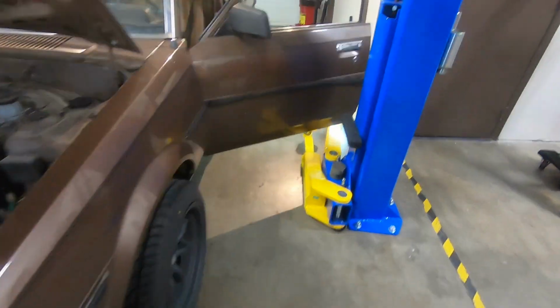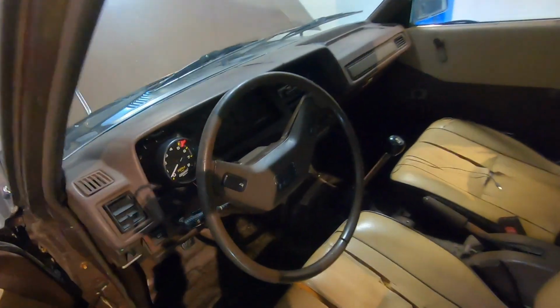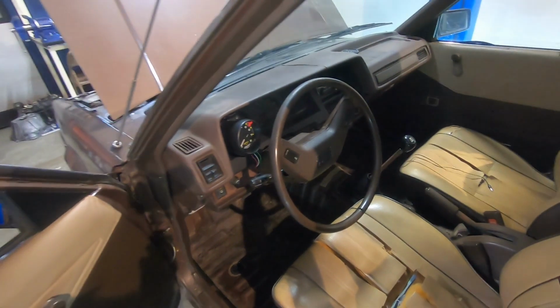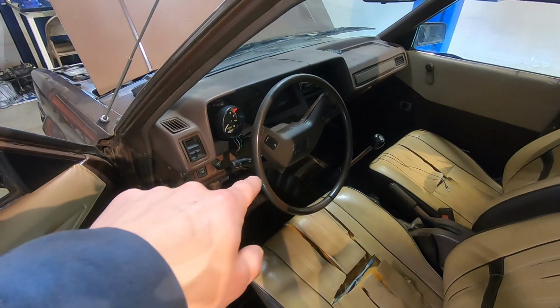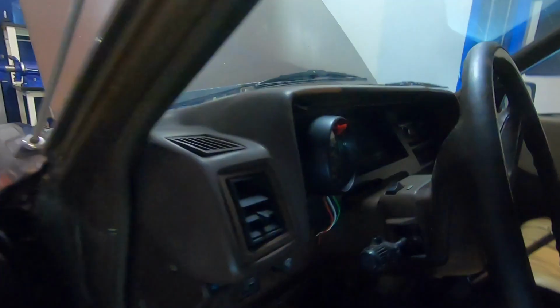If you notice the wheel is straight, but the steering wheel is upside down, so yeah, before you even start this, I should have made sure the steering wheel was locked in place and centered. But I guess a good side effect,